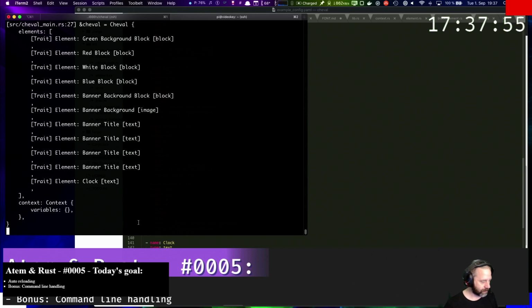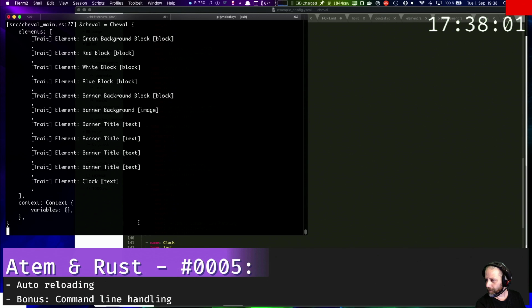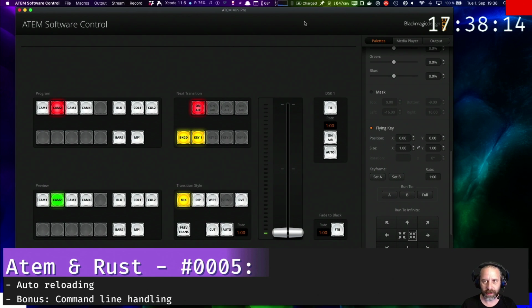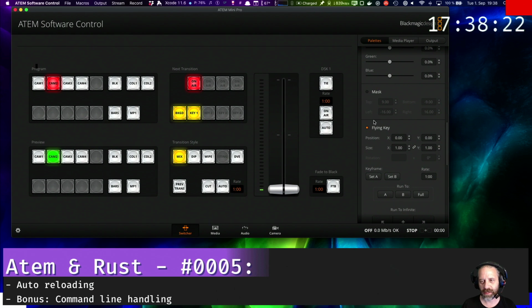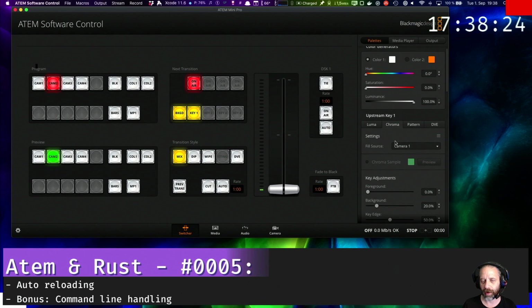Now I go into OBS and turn off the overlay. No more OBS for overlays. Yeah, me here still is kind of. And so I was playing around with the Atem. Can I make this smaller? Will this work? Yeah. So I was playing around with the Atem software, and what we used so far, we